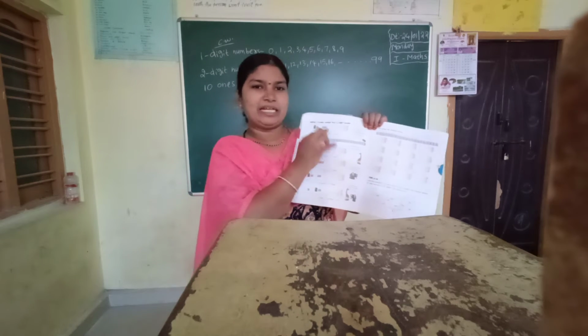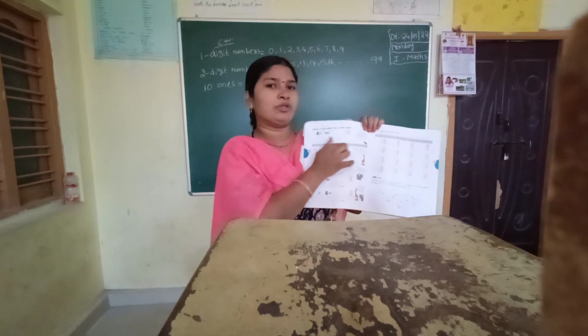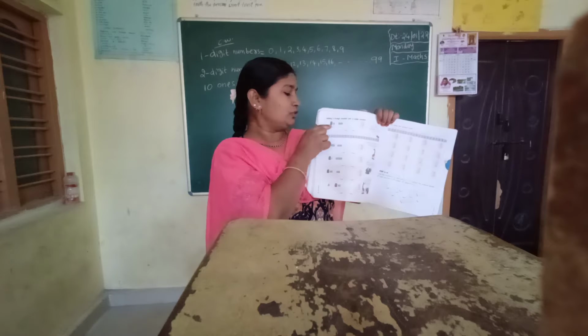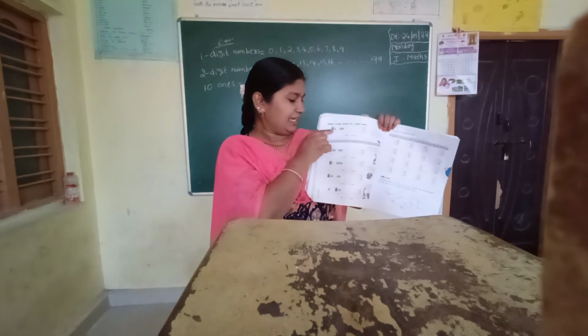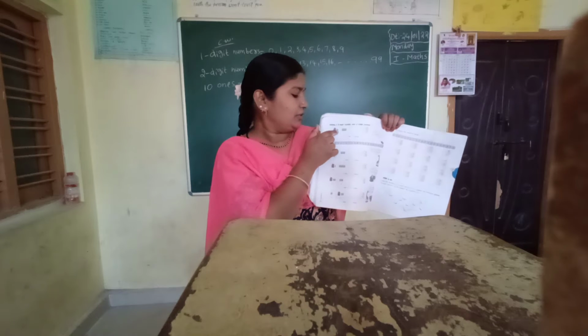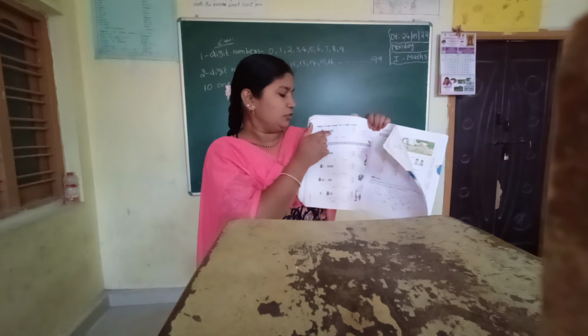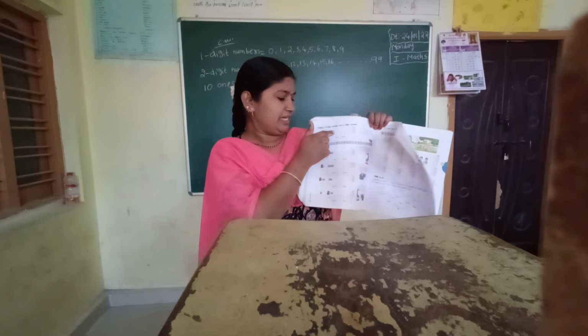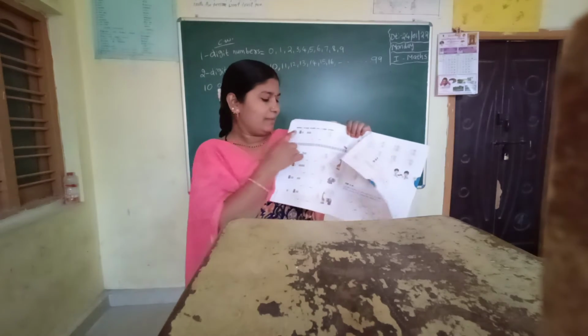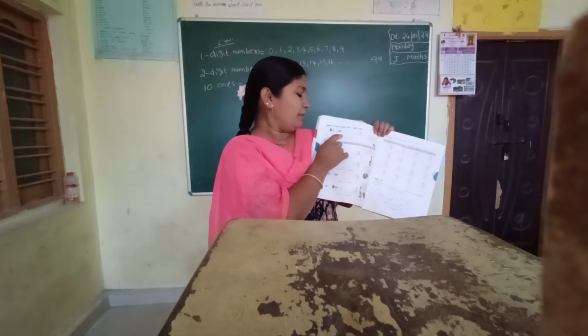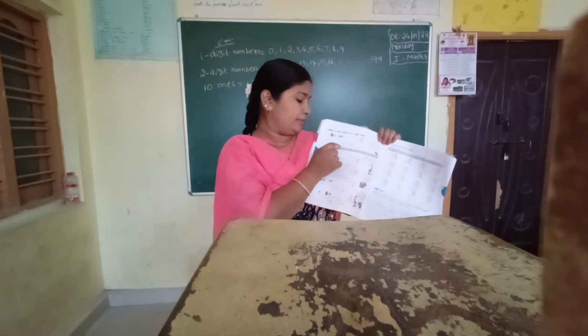Otherwise, they have given pencils clearly in your book. You have to count the pencils also. A bundle of pencils, I said, is now only 10. After 10 comes 11, 12, 13, 14, 15, 16, 17. In total we have 17 pencils. They have given here 12 plus 5 equal to 17.